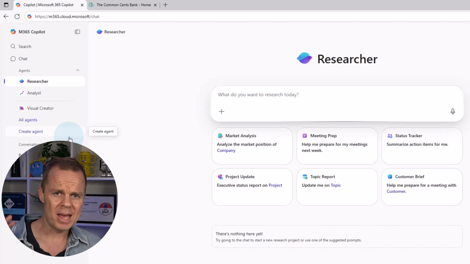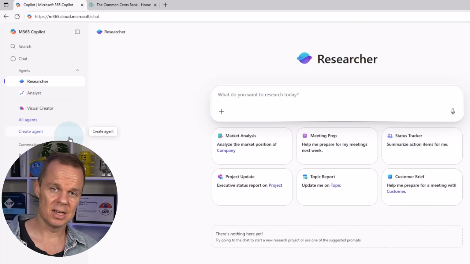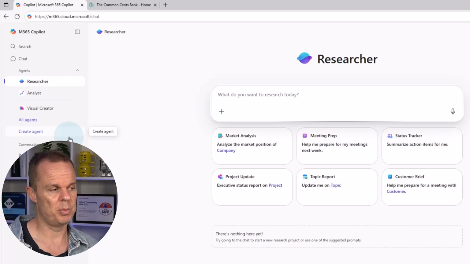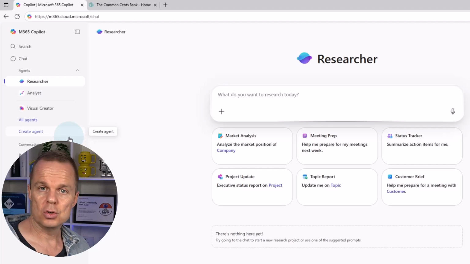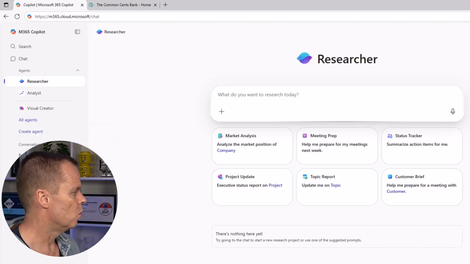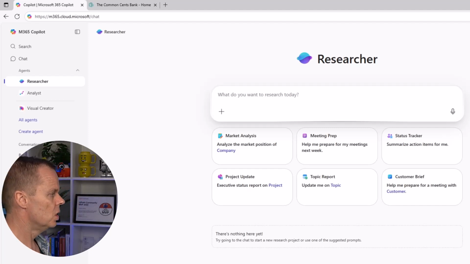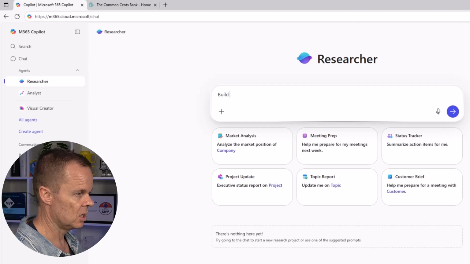Another agent, and that is probably my favorite, that is the researcher. Here we have a very advanced AI researcher just in our pocket. We can choose to just operate it with words. And here I want to do a market research. So what I can do here is that I can say build a